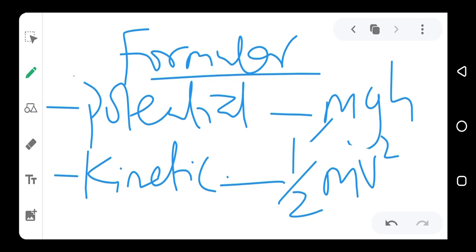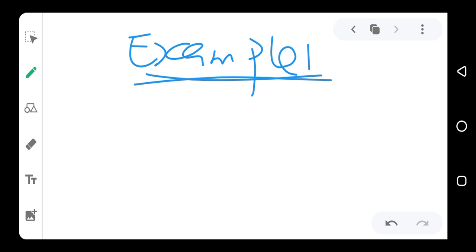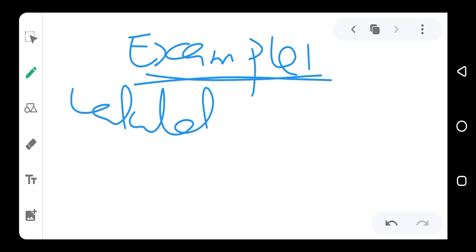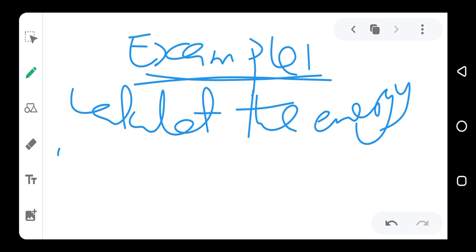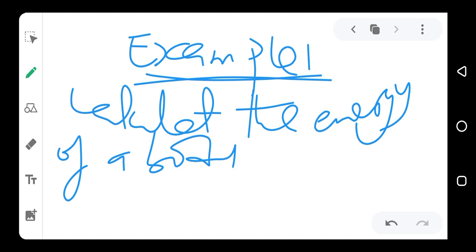That is the formula. So if they ask you to calculate the potential energy of an object, you use the first formula, mgh. If they ask you to calculate the kinetic energy of the object, you use the second formula, half mv squared. Now let's do some calculations. Example 1. Now if you are given to calculate the energy of a body of mass